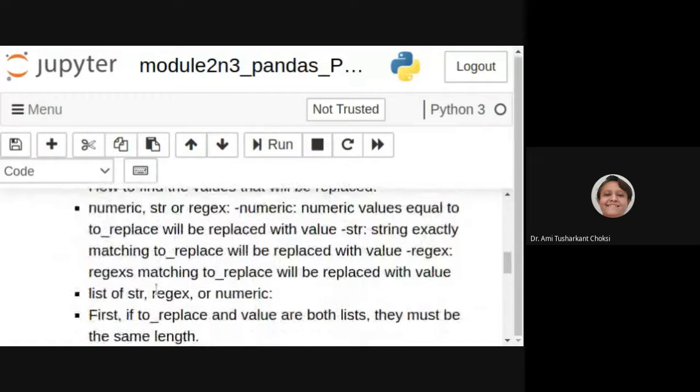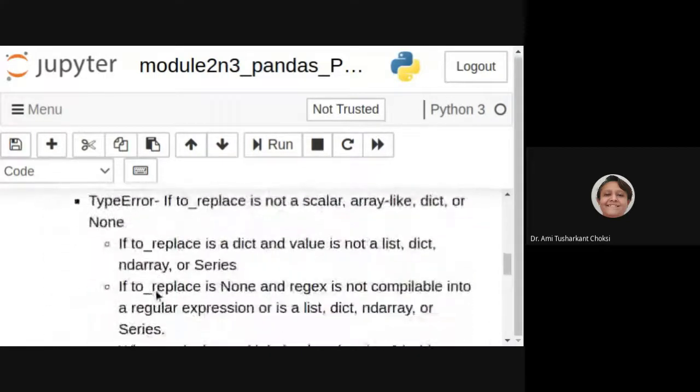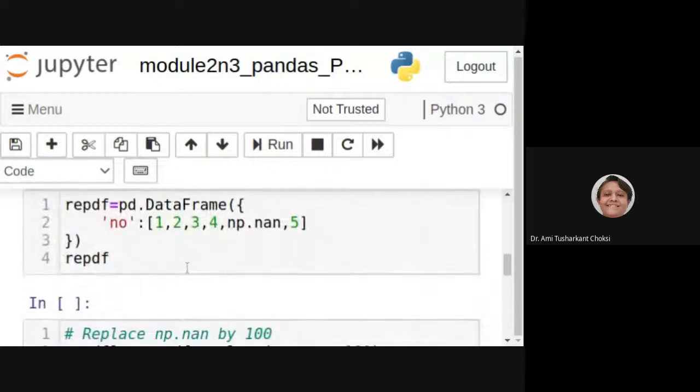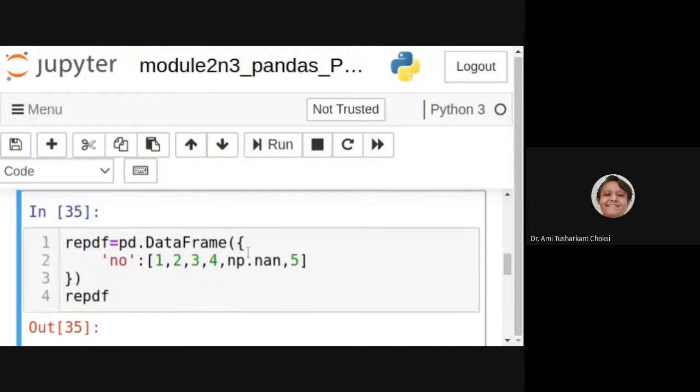Now replacing the values. For that, first of all we are creating the data frame. We are using np.nan to create not available, or you can say not a number, or you can say missing value, isn't it?